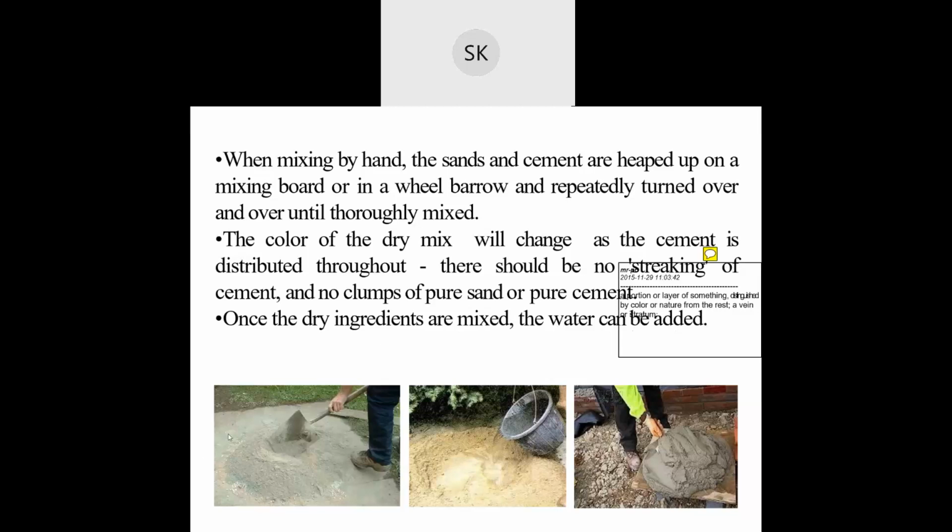See, first they have made the heap of sand and cement. This is a mix. They make a hole between them, then place water, and with the help of a trowel they mix from the sideways. If you remember, on any sites, with the help of a trowel they place all the cement sand mix in between. Then after that, this is the final product.